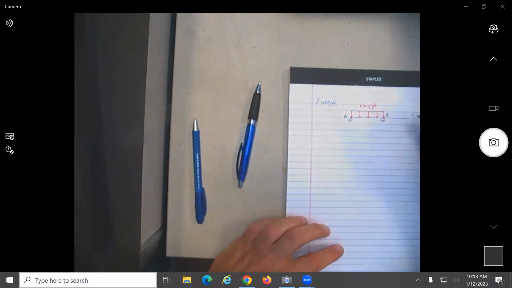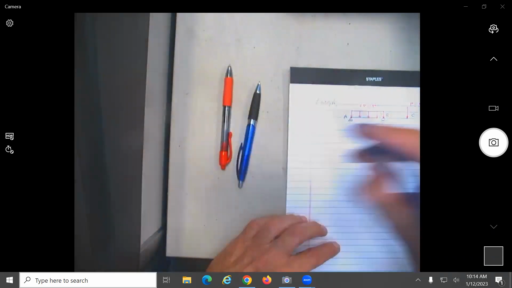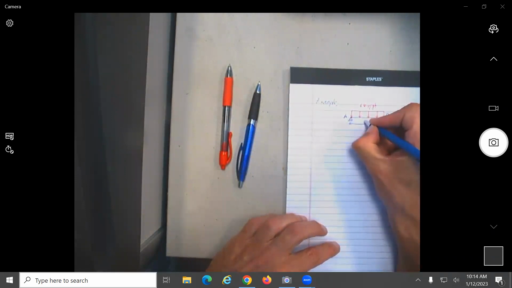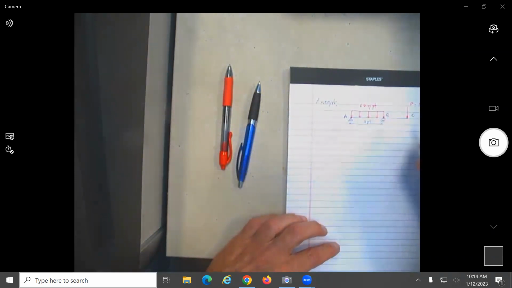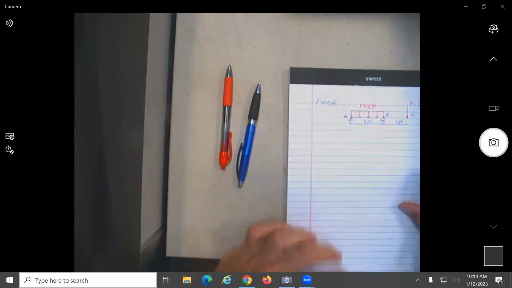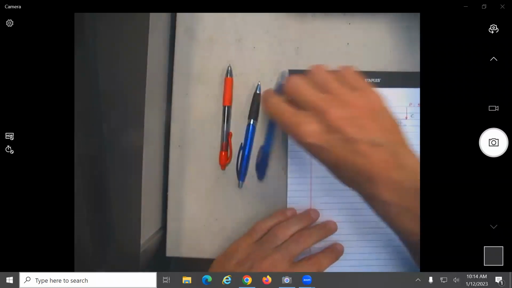So this is a distributed load. There is a punctual load at point C equal to 5 kip. And the distance between A and B is 8 feet, and between B and C, sorry, is 6 feet. So in here, what we need to do is to draw the shear. So let's say here,